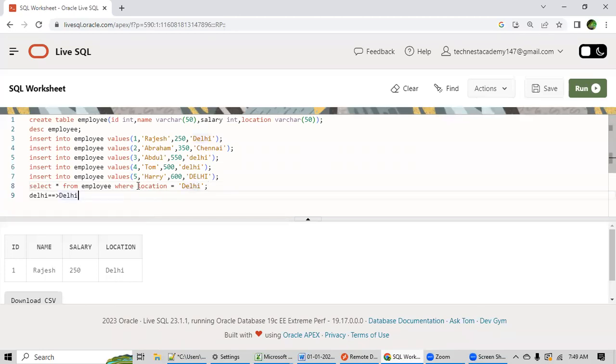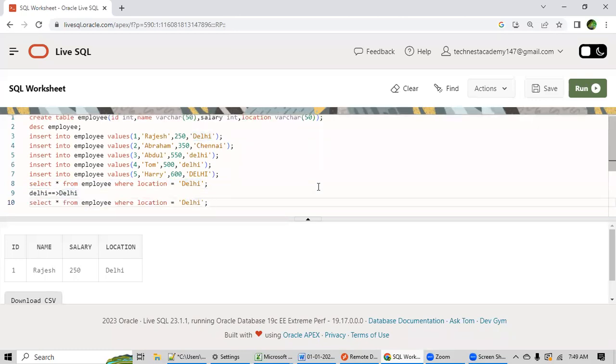So what to do? For that, we have this upper keyword. Leave this, keep it as it is. Now I will use the upper keyword here.